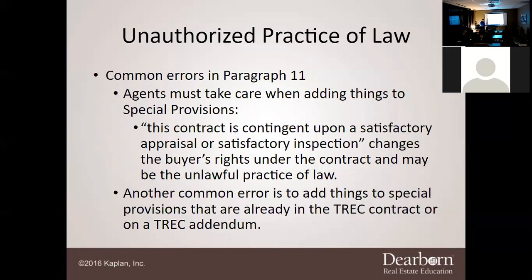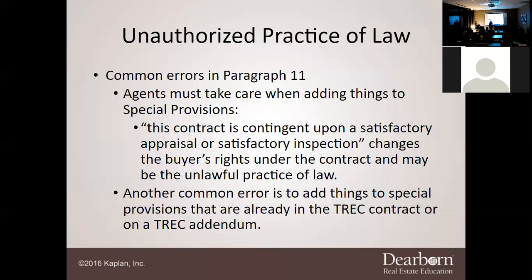Special provisions, basically, saying this contract is contingent upon a satisfactory appraisal or satisfactory inspection changes the buyer's rights in the contract, and may actually be unauthorized practice of law. Simple things such as saying this contract is contingent upon a satisfactory appraisal or satisfactory inspection is unauthorized practice of law.